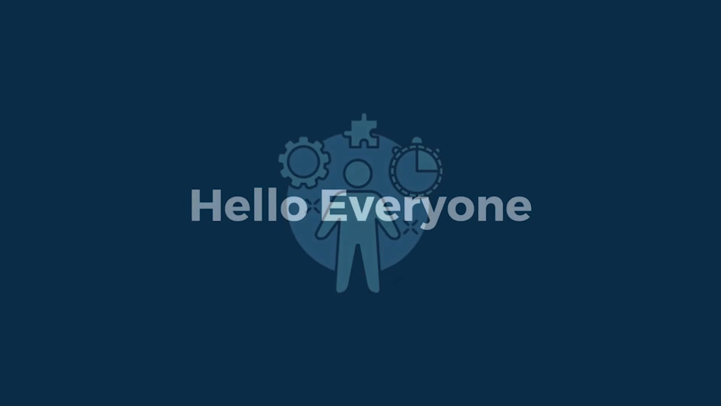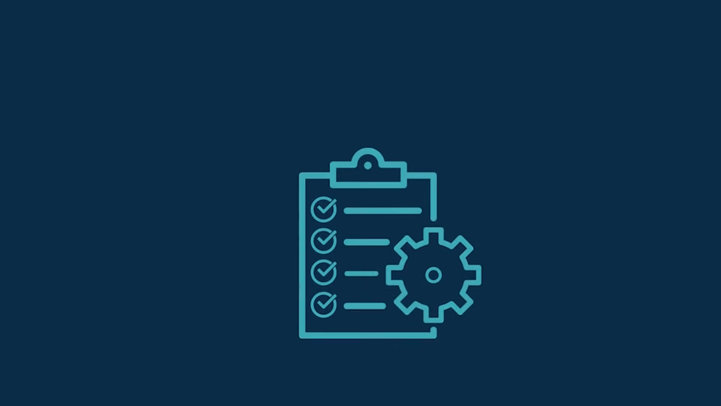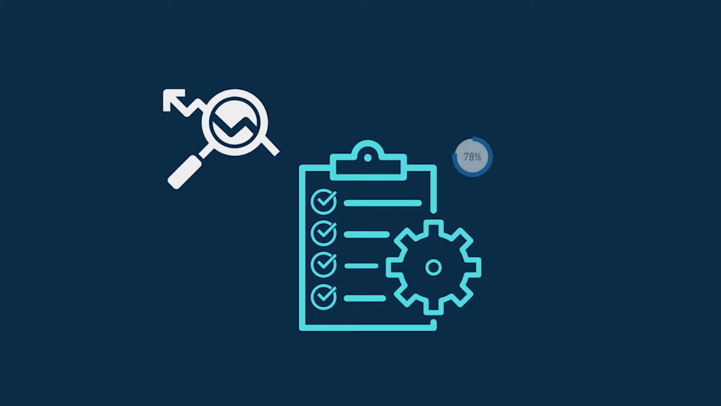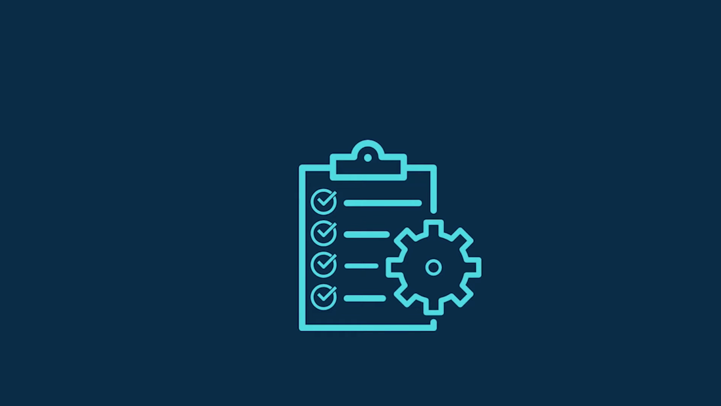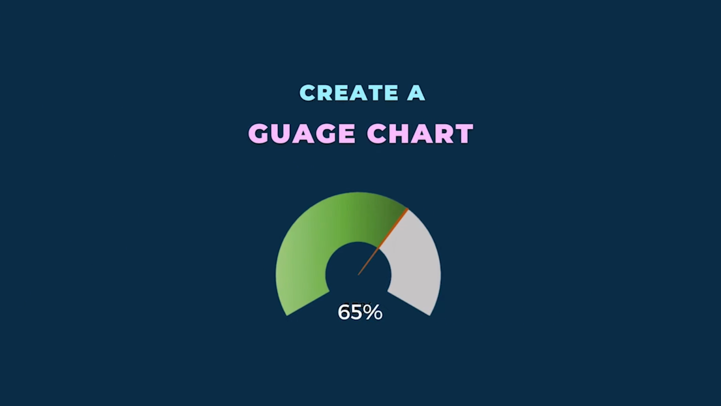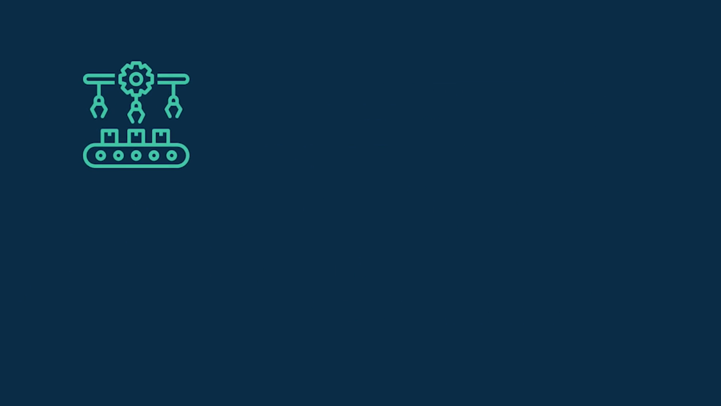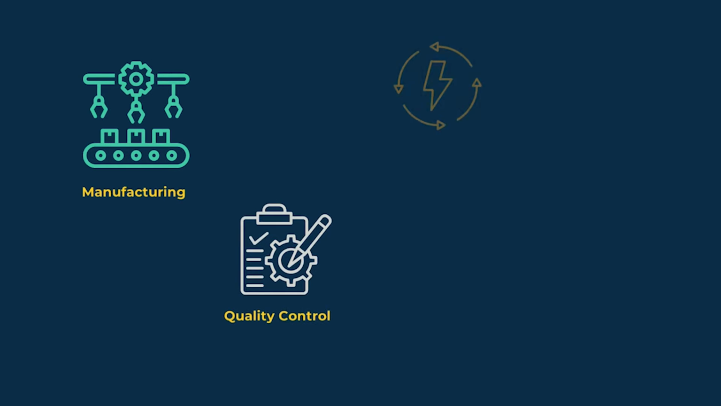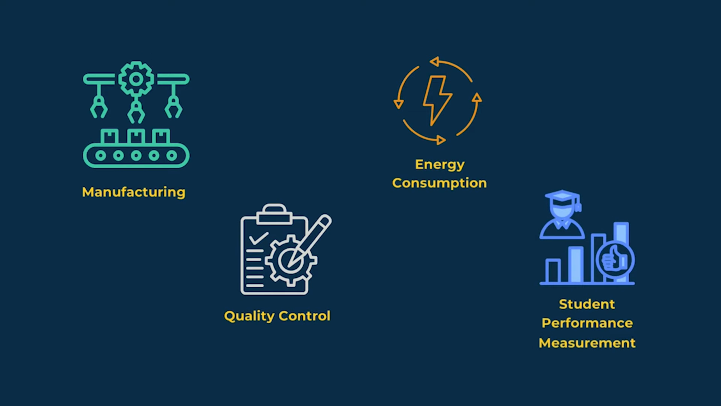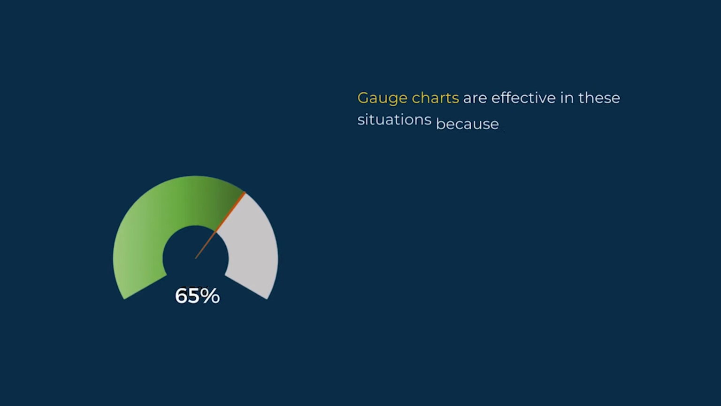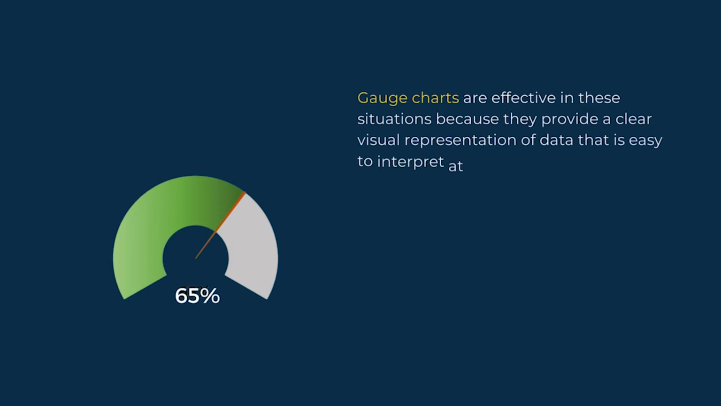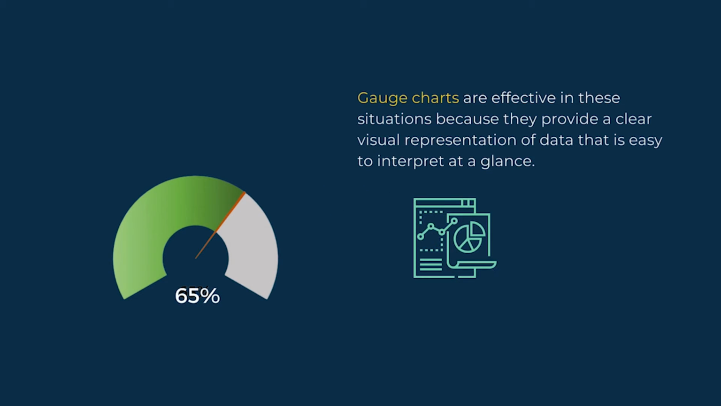Hello everyone! If you are a project manager and want to track project progress and completion percentage to see if a project is on track to meet its deadline or not, then creating a gauge chart in Excel is the best option for you. It can be used for manufacturing, quality control, energy consumption, and measuring student performance. Gauge charts are effective in these situations because they provide a clear visual representation of data that is easy to